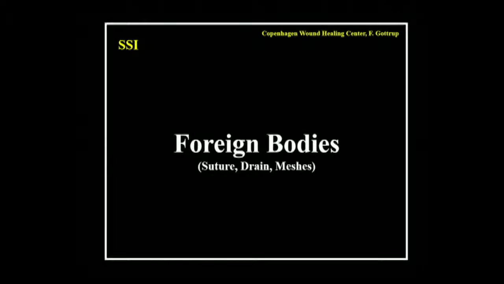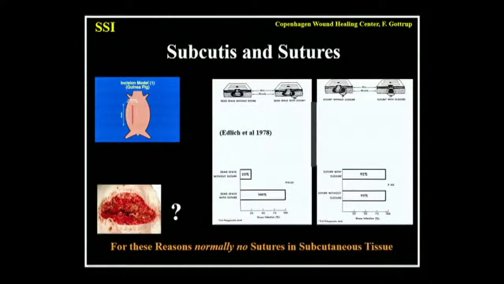Foreign bodies. I have a very simple suture message. Does that mean anything? Absolutely. This is a very old study from back in '78, actually, but it's a very good model they have used. They took a guinea pig, as you can see, and put in so many bacteria that the wound was heavily contaminated. Very little should change before it actually gave pus. Then they made a wound and put in a loose suture there. And you can see, if you have no suture, you have 25% infection. If you have a loose suture in there,